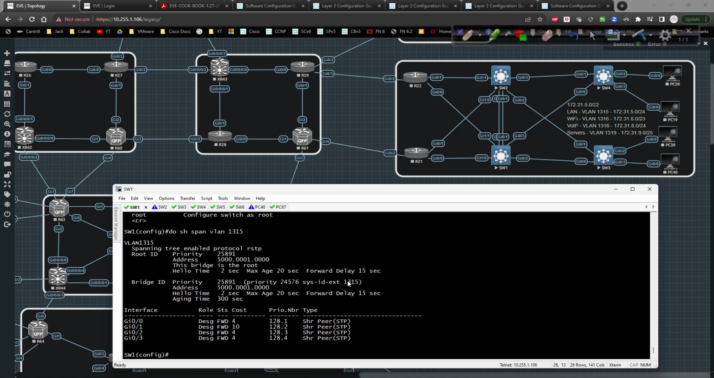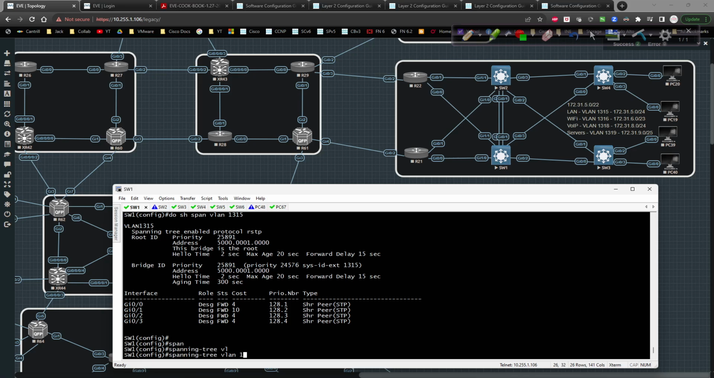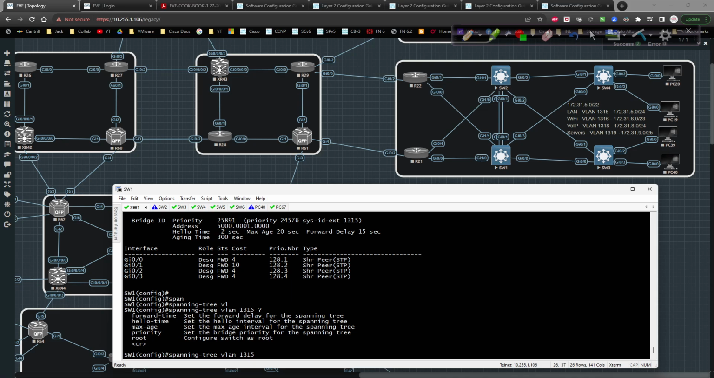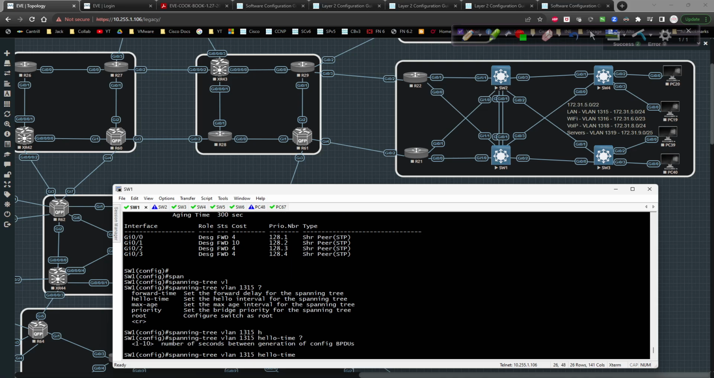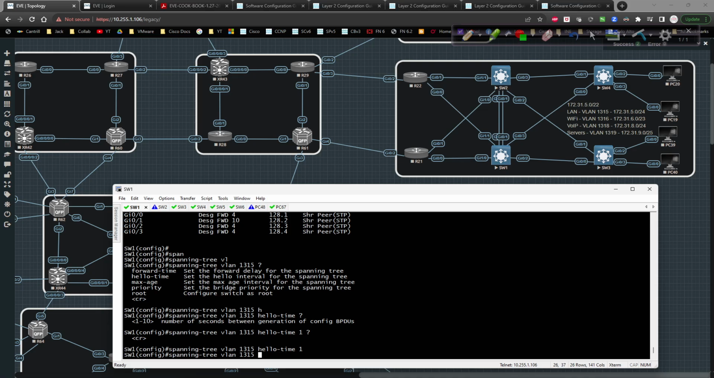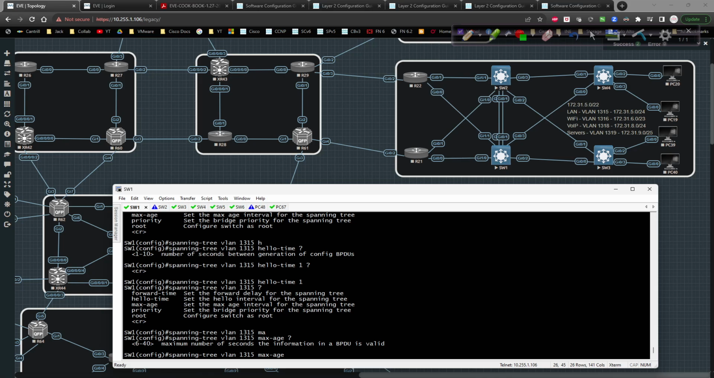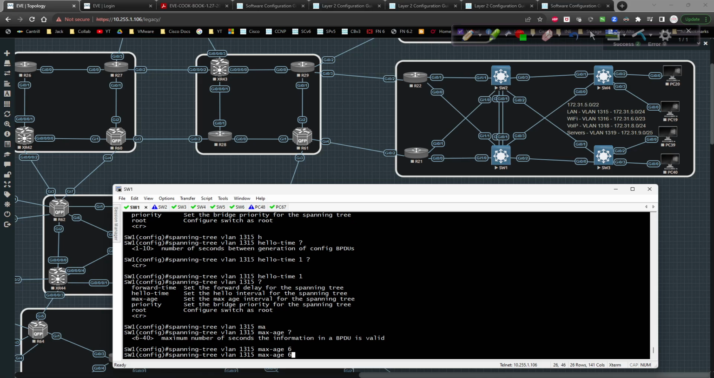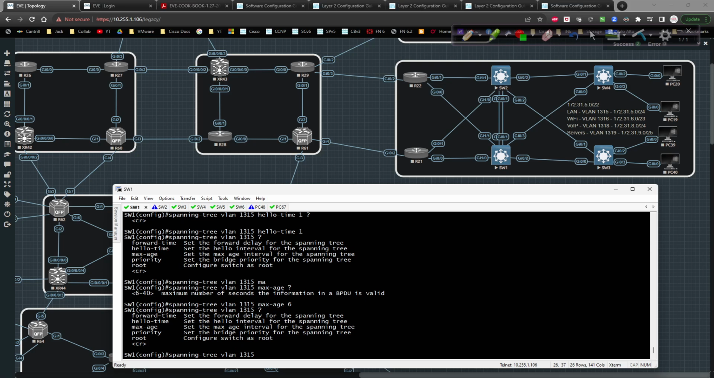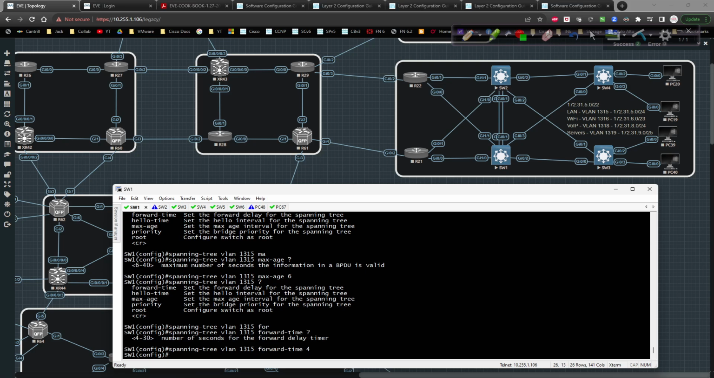So what I'm going to do is I'm going to say spanning tree VLAN 1315. The hello time is going to be, let's say, 1 second. Then the max age is going to be 6. And then the forward time is going to be, let's say, 4. Okay, so now that I've done that, I'm going to type in do show